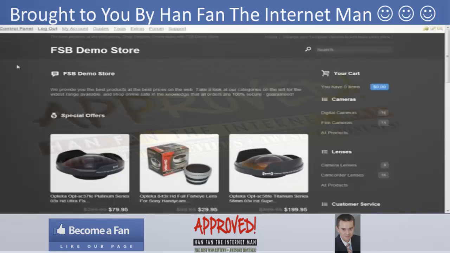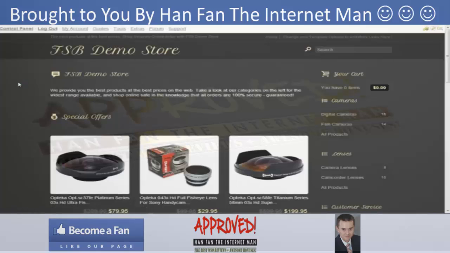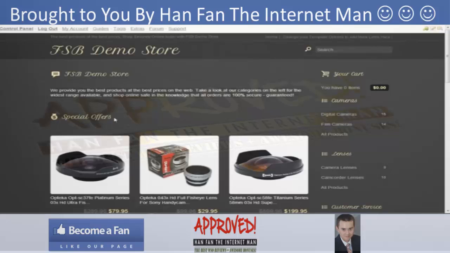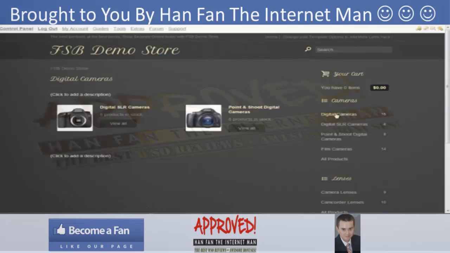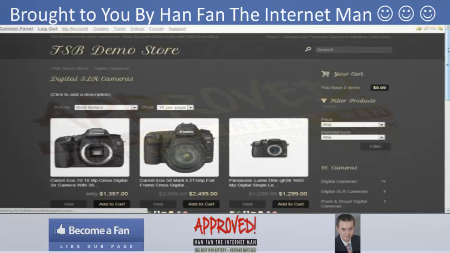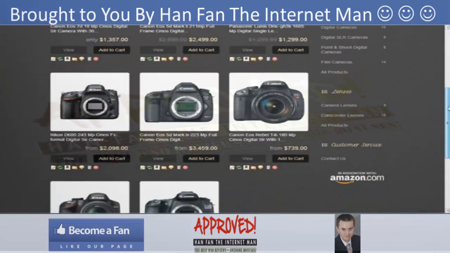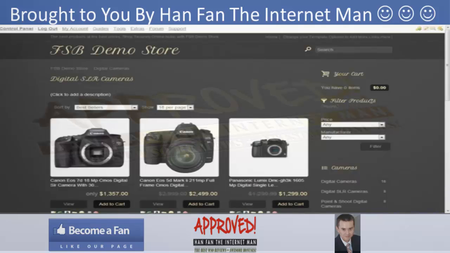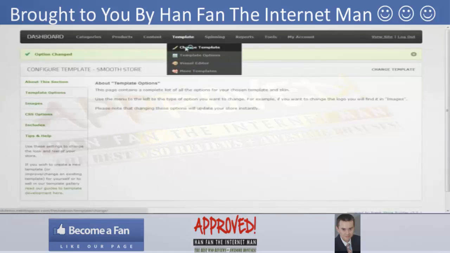Now if I go back to my demo store and I hit refresh, you'll see it changed. Different font, different colors. That's how templates and skins work. These are your categories. If I choose my product listings, this is all of my products. And you can see just the simple things like the colors changed and the titles of all the different areas changed. Now if I want to go back, I would go back to Change Template